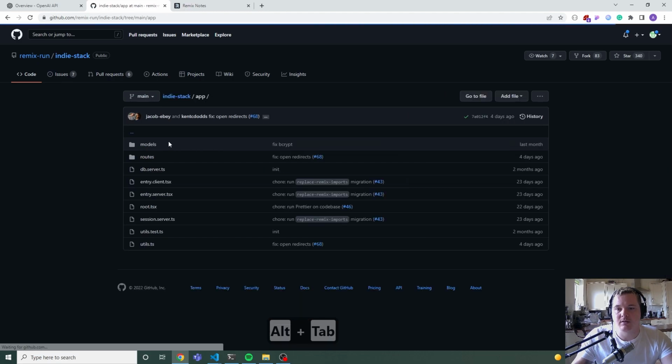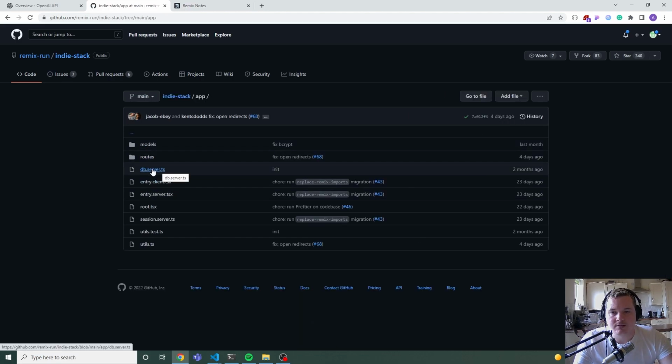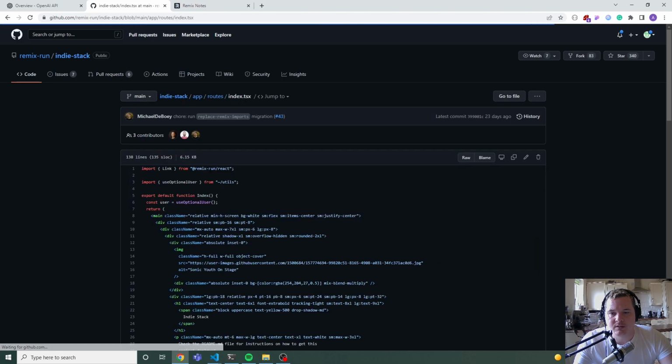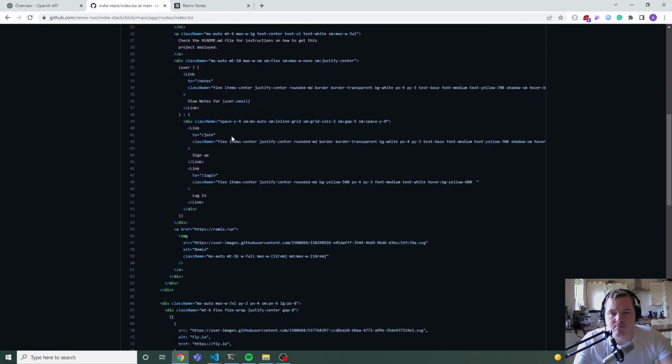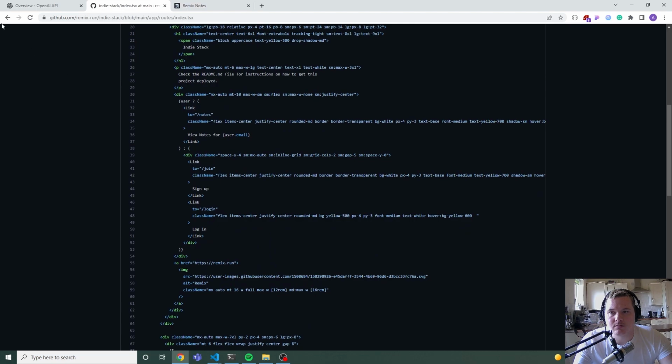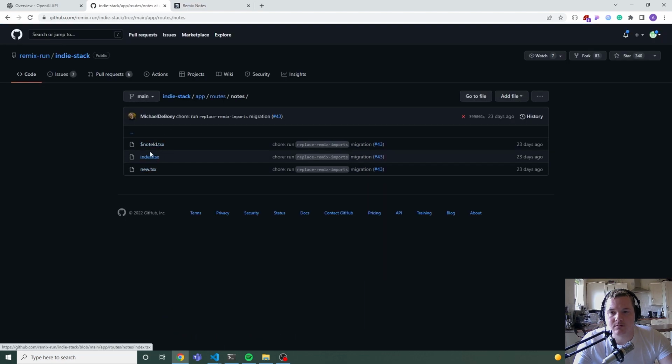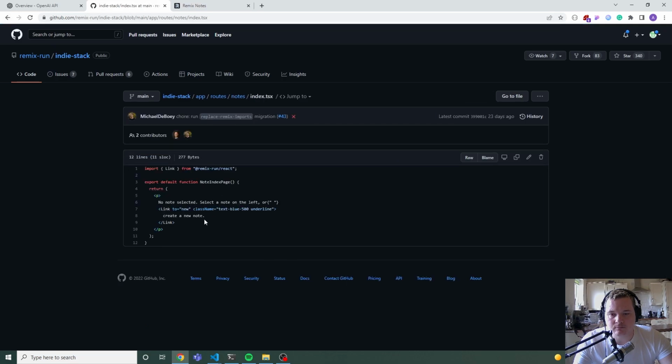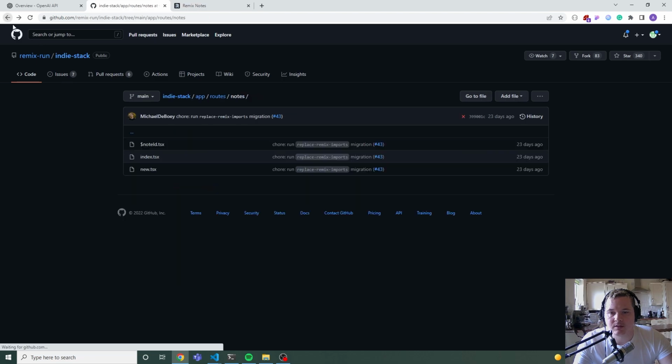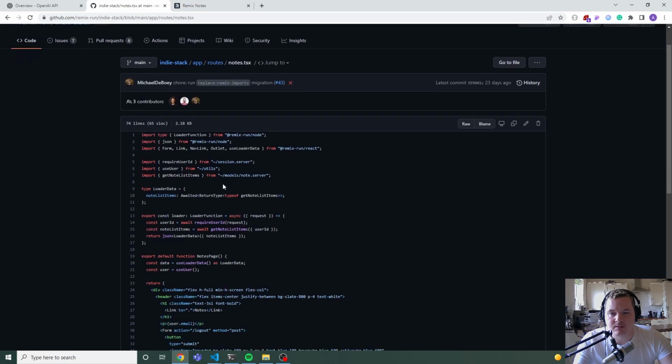Okay, so let me just check. If we go back into here, let's look at the app and let's see. Empty stack app routes. Is there a logout on the user? No, so it's definitely on the notes page though. Select new note, no index page. So if we go on this notes page here,